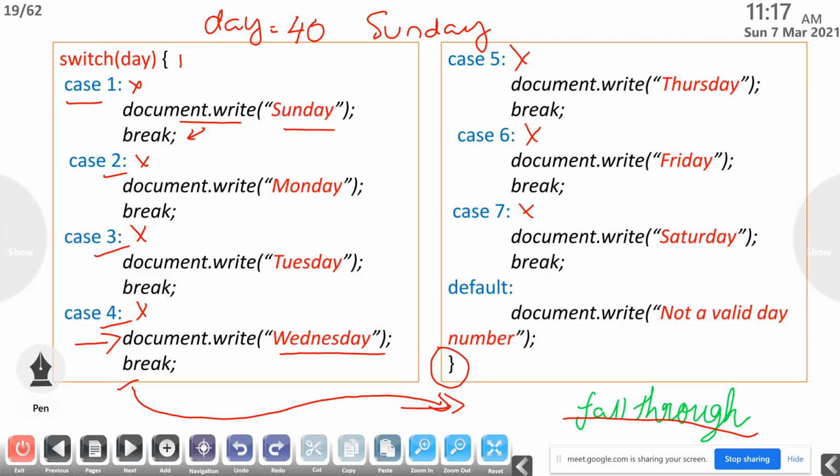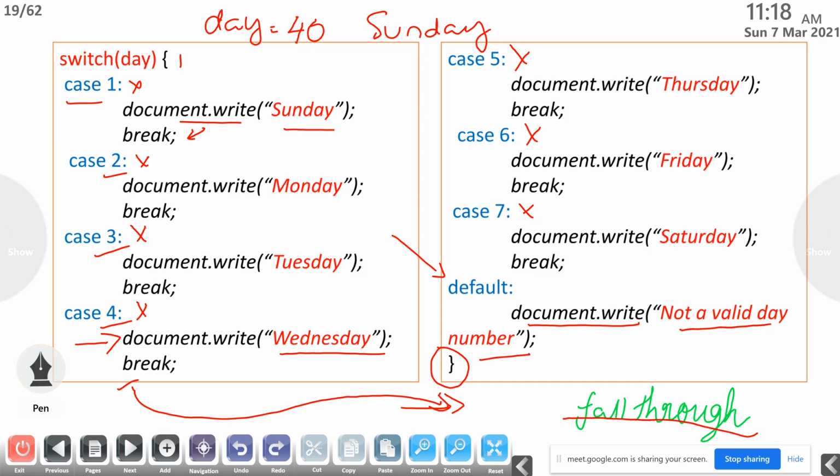Then what will happen? If the value of day is not 1, 2, 3, 4, 5, 6 and 7, it will move to the default statement. The control will move to the default statement and whatever is written there will be printed. So it will print document.write, not a valid day number.